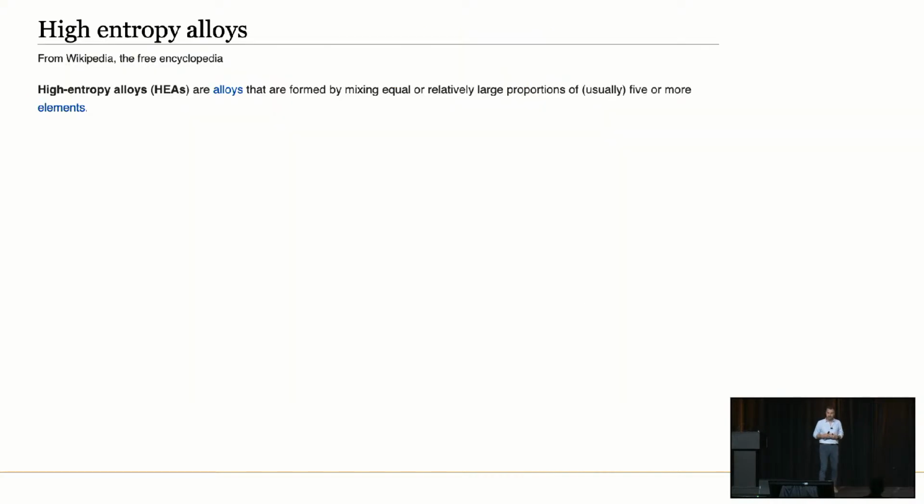So high entropy alloys are alloys that were conceived simultaneously in Taiwan and in the US around 20 to 25 years ago. And if you haven't heard of them, you'll find this interesting, perhaps for the first time. If you mix in relatively equal proportions, usually 5 metallic elements, you can create alloys which are notionally single phase, right? So everything you know about metallurgy is when you add something to something else, you get immiscibility and you get phase formation and so forth.